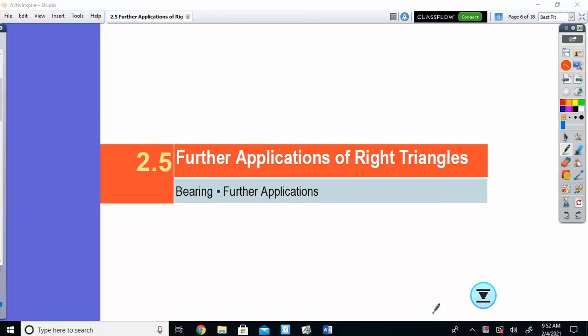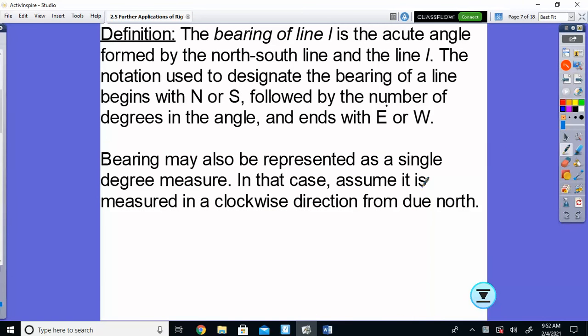What's called bearing. I put the definition on here. Bearing is used a lot in navigation. The military obviously would use bearing, planes, ships, those kinds of things. So when we're talking about bearing, it's the acute angle between the north-south line and the line L that we're